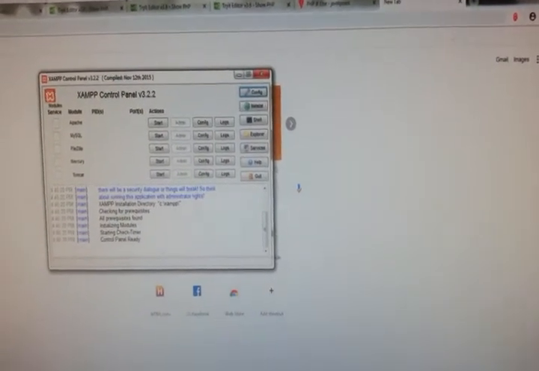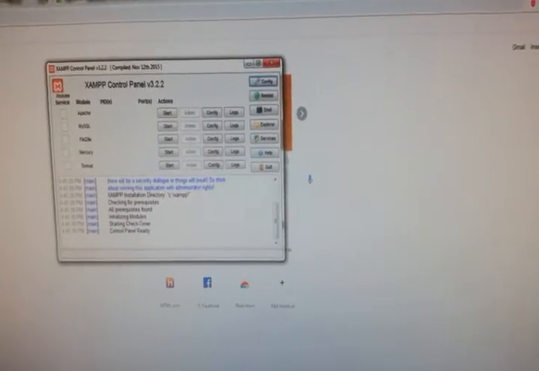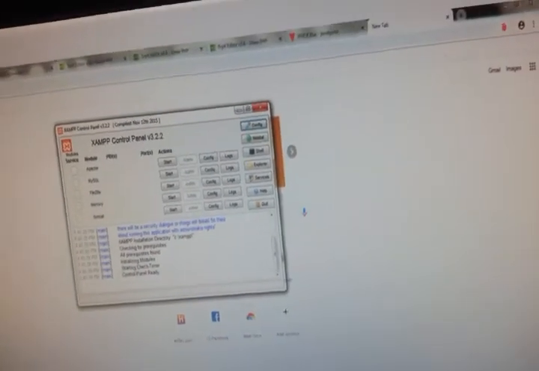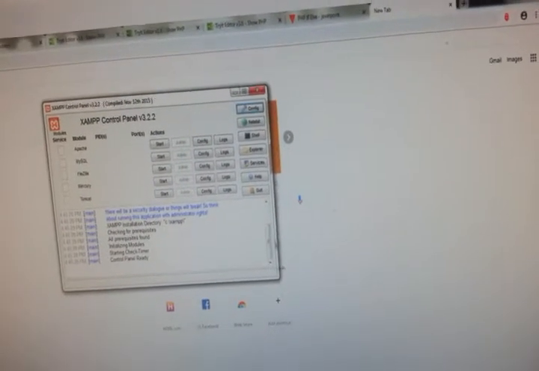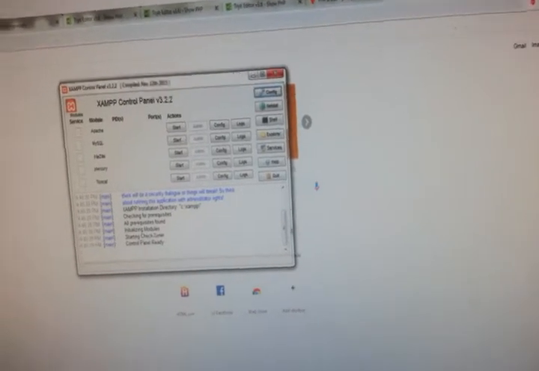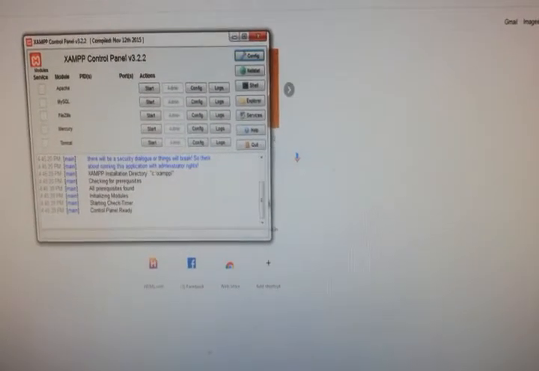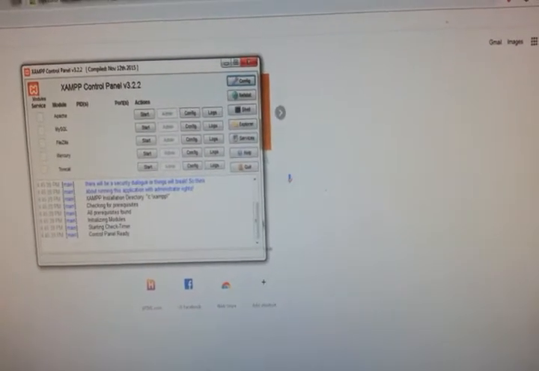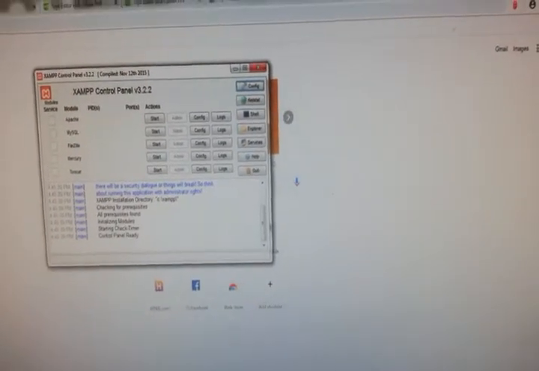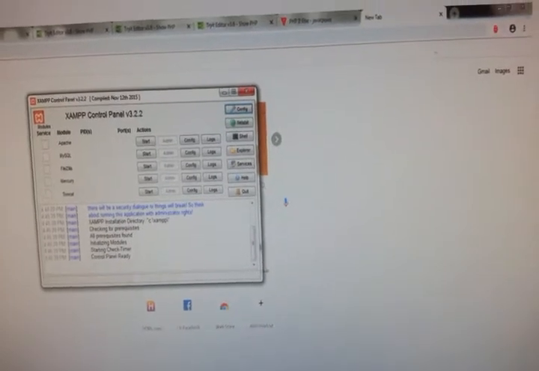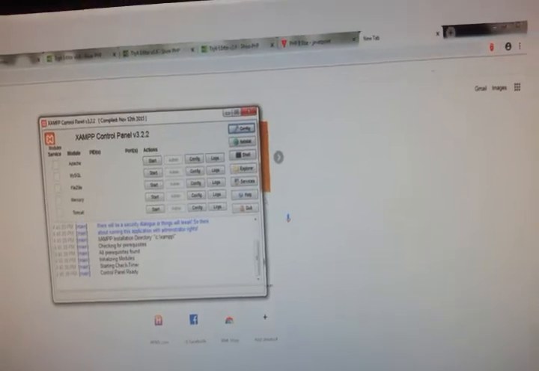As we are dealing with PHP, initially in the first phase of PHP we have only simple programs. For those simple programs there is no need to connect to a database. So what we do is, in the actions of Apache, if you click start, it will connect to a port. And that is enough for the initial stages of PHP.